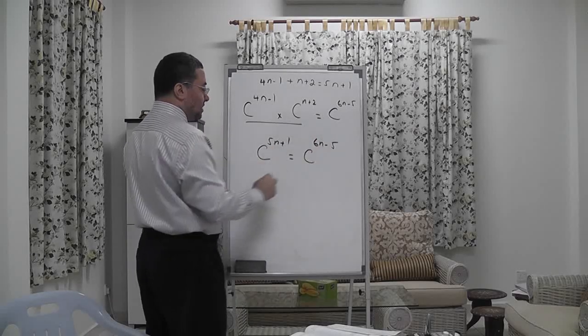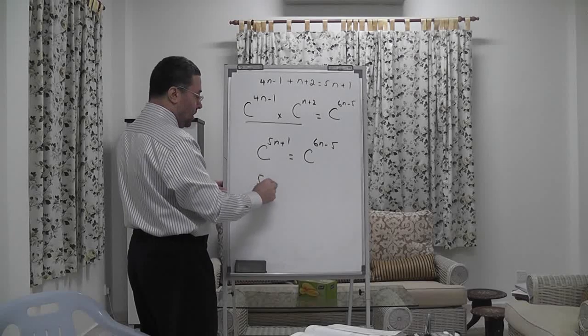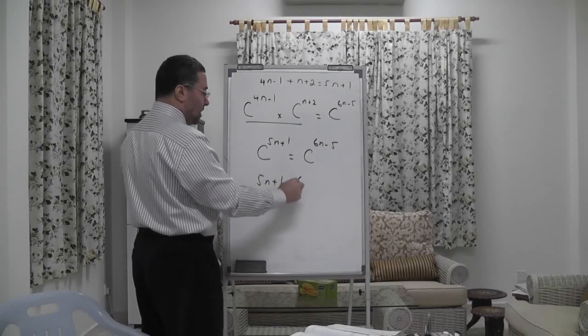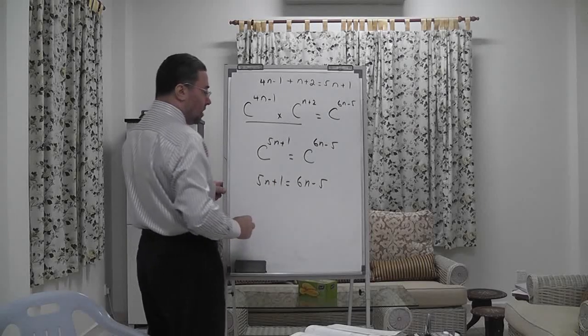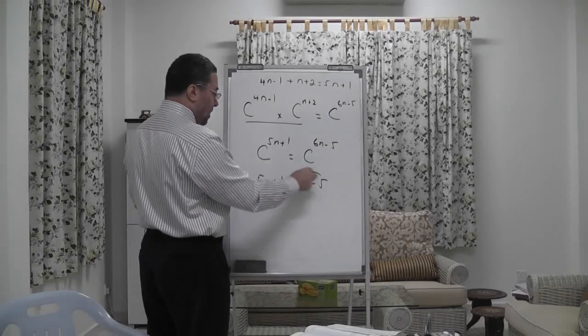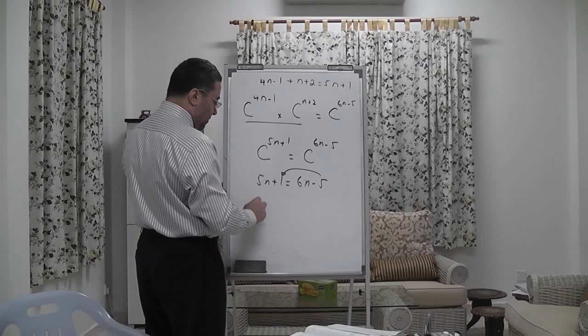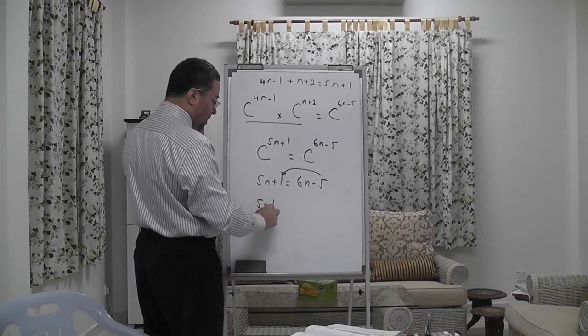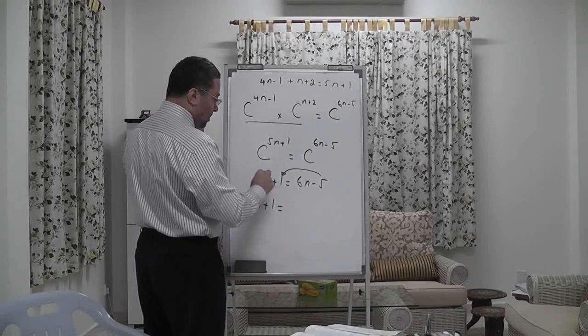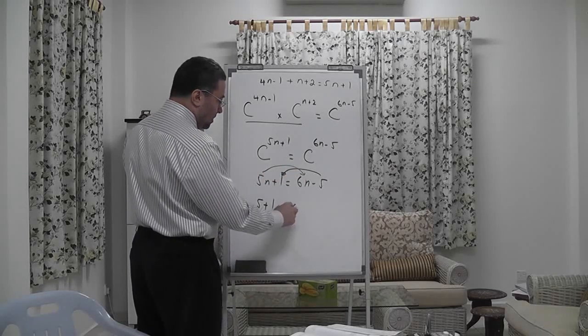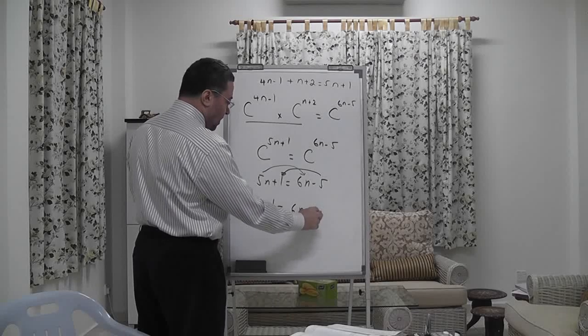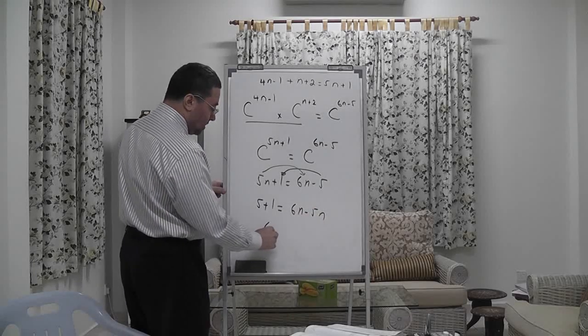Again, these powers must be equal, so 5n plus 1 equals 6n minus 5, and we solve this equation. We can get 5 to this side, so we have 5 plus 1 equals 6. We take the 5n to the other side, and we get 6n minus 5n, and we have here 6 equals